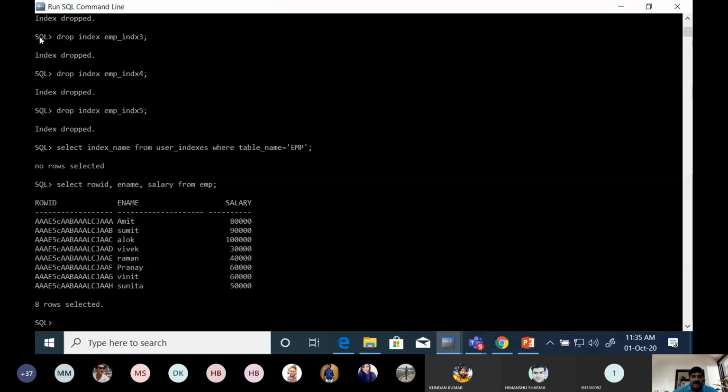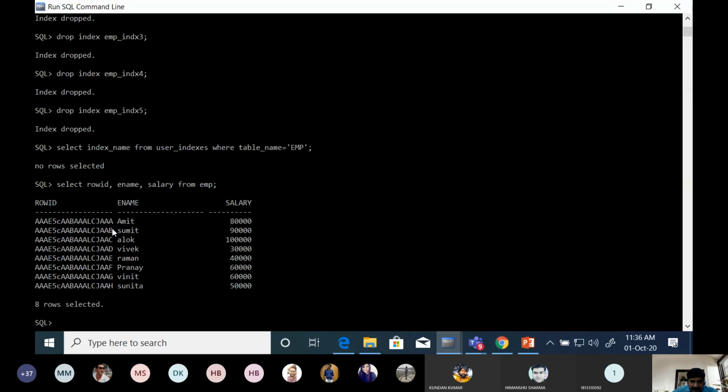Then see here, each tuple is associated with a number. This number is a hexadecimal address of this record, and the first 3 characters represent the file number, then the last 3 represent the record number.